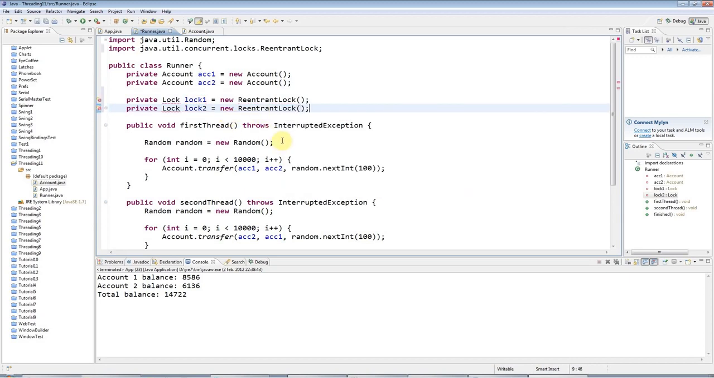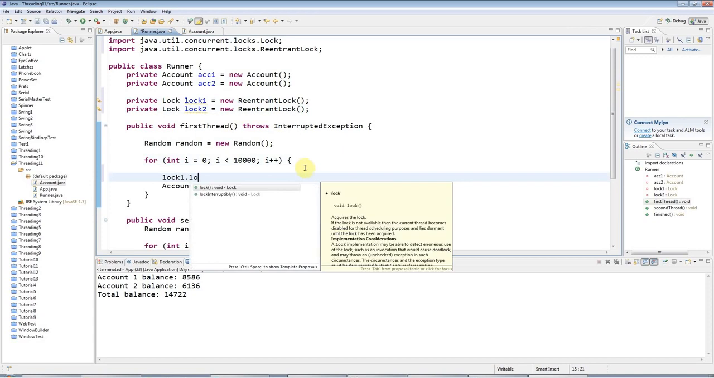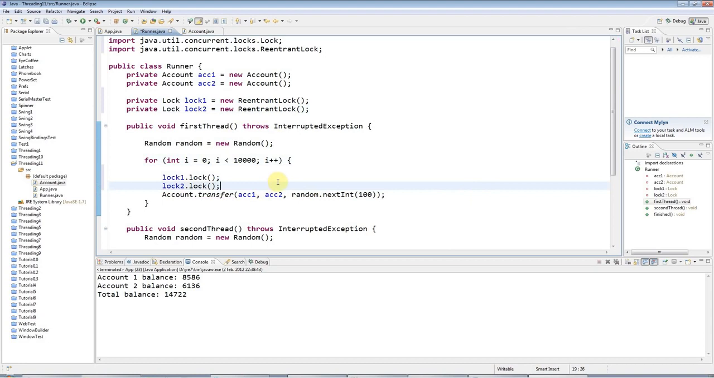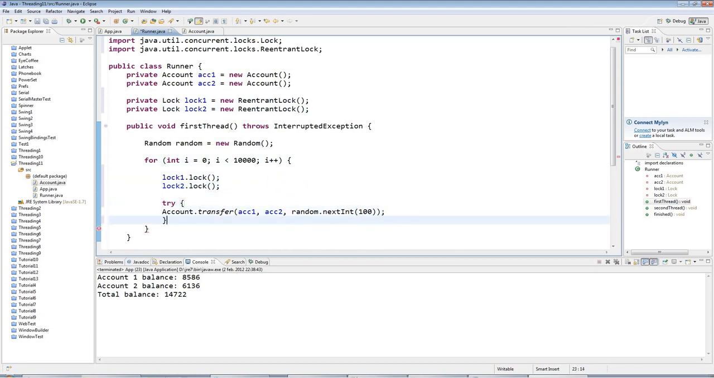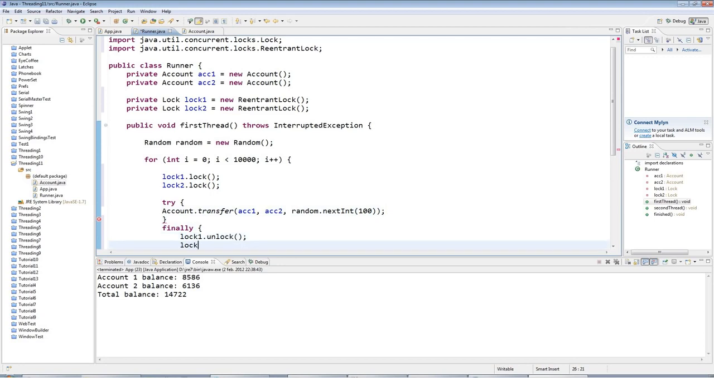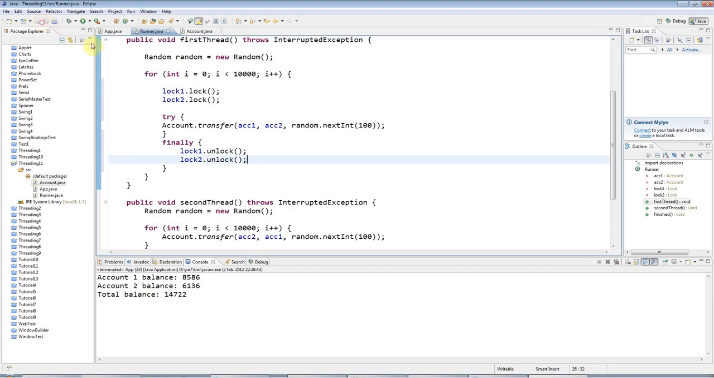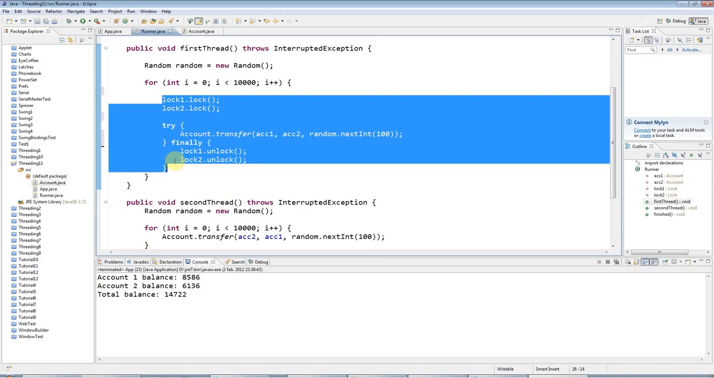And what I'll do is, before I do a transfer, I need the locks associated with both accounts. So I'll say lock1.lock and lock2.lock, and I mustn't forget to unlock, and I'd better do that in a finally block just in case my account.transfer throws some kind of exception. So I'll say finally here, lock1.unlock and lock2.unlock. Okay, and now let's copy that after doing Control-Shift-F to format my code a bit,